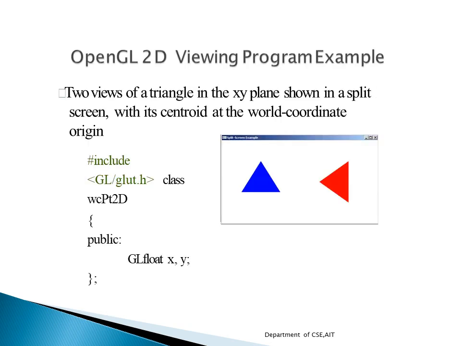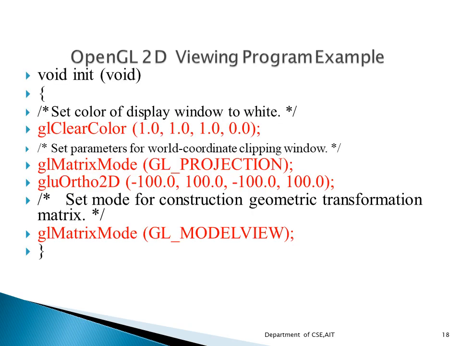What all viewing functions have we studied up till now? Let us study all of these with respect to one programming example. In this programming example, we are going to produce a split screen effect where we will have two triangles displayed. The first triangle will be in its original position, and the second triangle is going to be at a right angle to the original triangle. This is a C++ program. We can do OpenGL programming in C++ also. This is an example. The same thing you can do in C also.